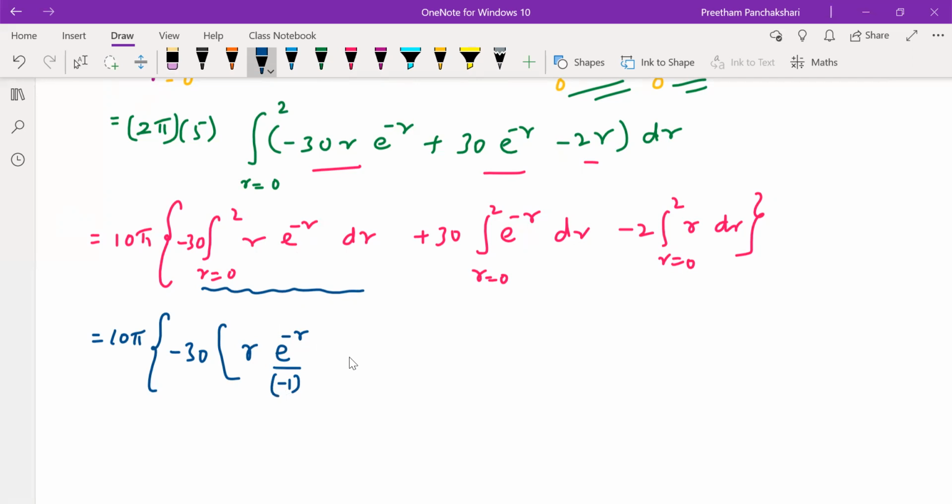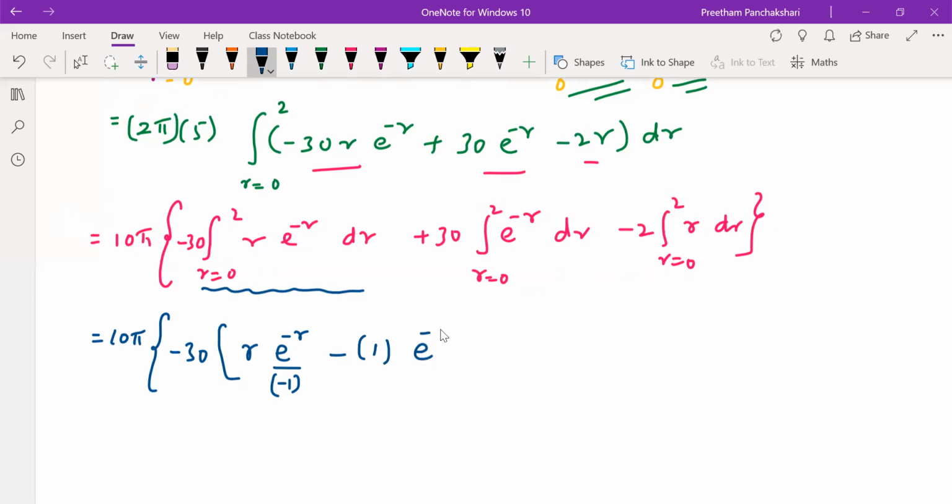Now the second term of this integration is going with opposite sign. Here sign is plus. The first term contains positive polarity. Now we are going to change it negative. We have to change the sign in every term. First to start with plus, then minus, again plus, minus, we go in that direction. So hereafter, keep on differentiating r and keep on integrating e power minus r by minus 1 till we get 0. So differentiation of r is 1.